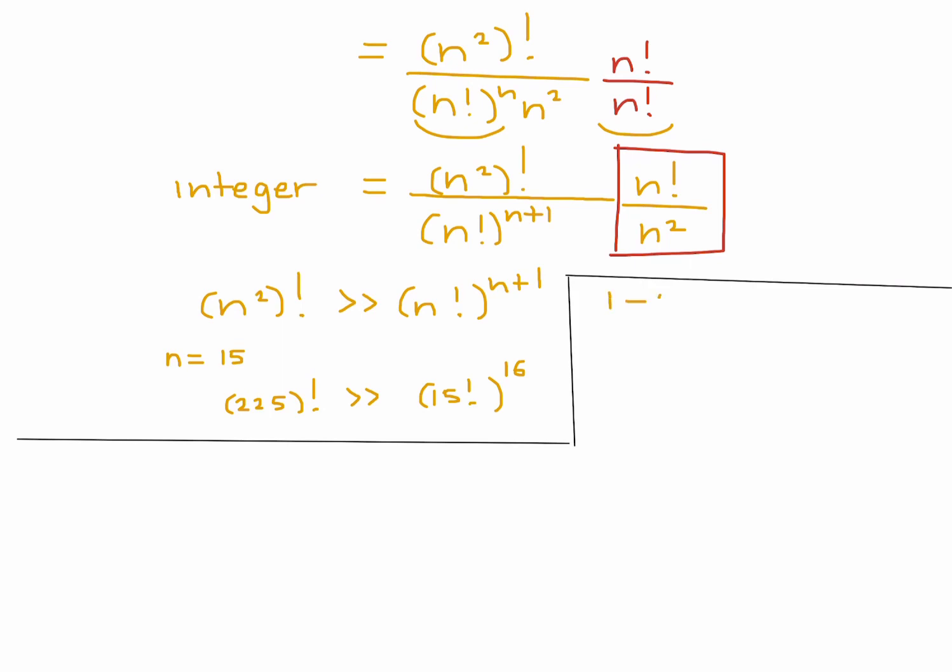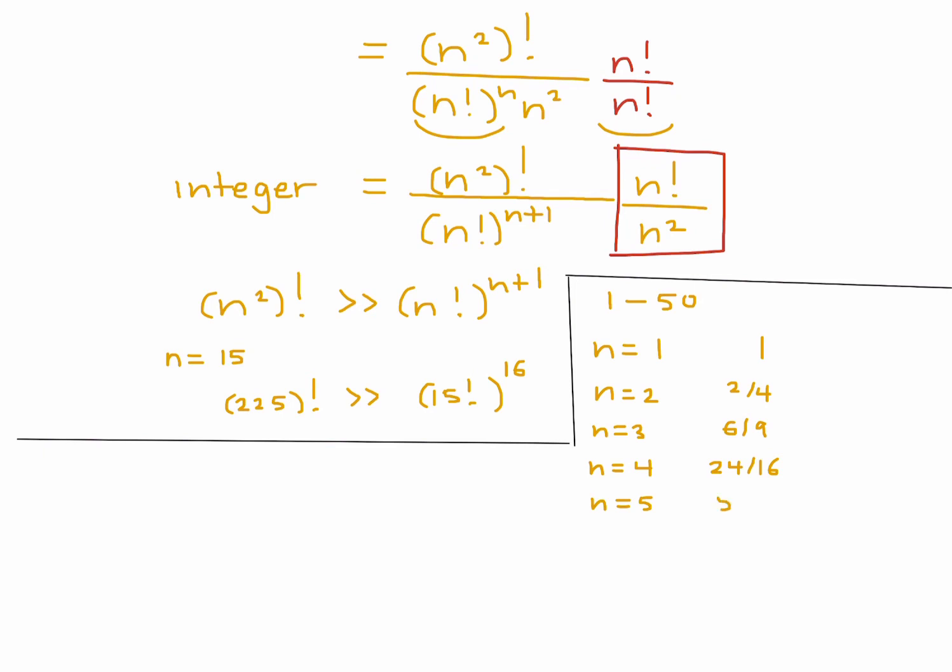Remember, my range is from 1 to 50 for n. So let's see what happens with the first few. When n is 1, we get 1. When n is 2, we get 2 over 4. When n is 3, we get 6 over 9. When n is 4, we get 24 over 16. When n is 5, 5 is interesting because I think it's a little bit clearer that when